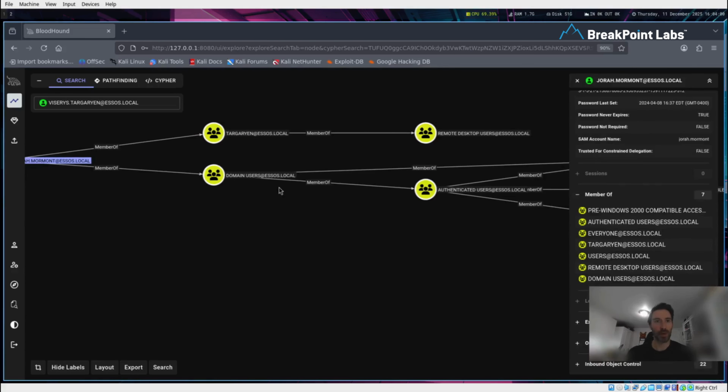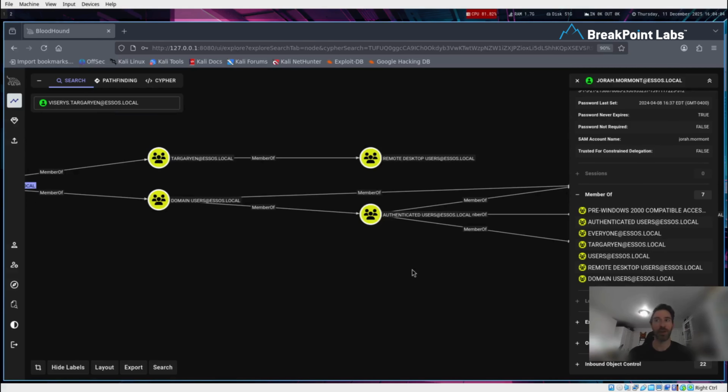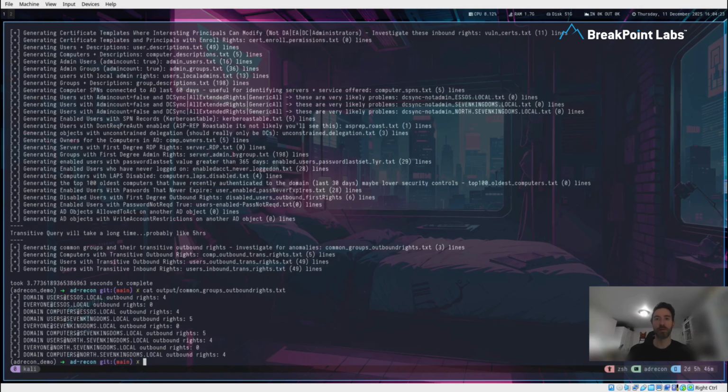As we noticed when we were looking at this user, the members of the domain users group have some excessive permissions, so that means we should probably be taking a look at this group and others. So let's go ahead and do that. One of our transitive queries here is common groups and their transitive outbound rights. So let's see what sort of output we got from that. So here we can see our domain users group that we were just looking at. You can see that it has some